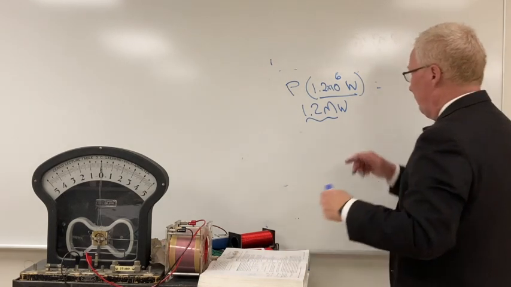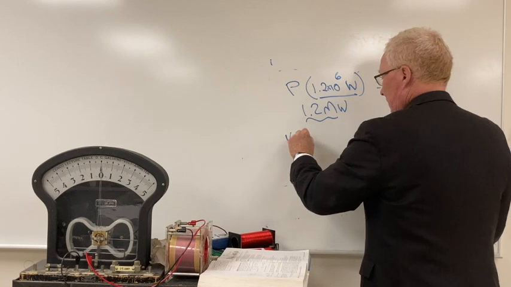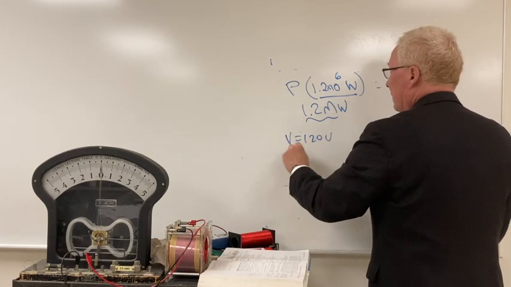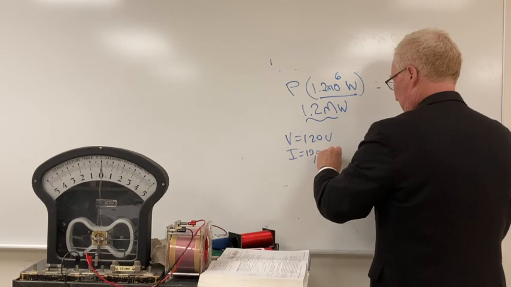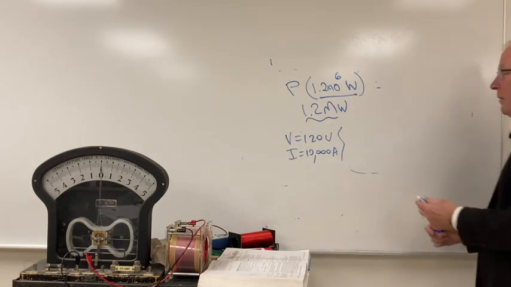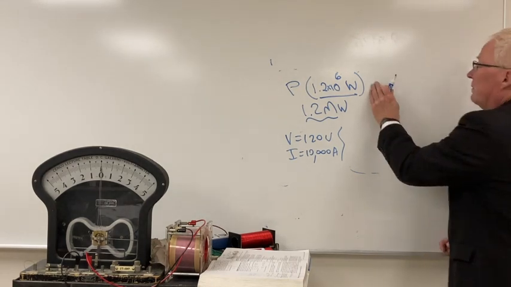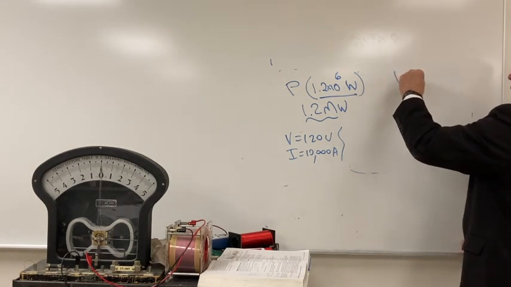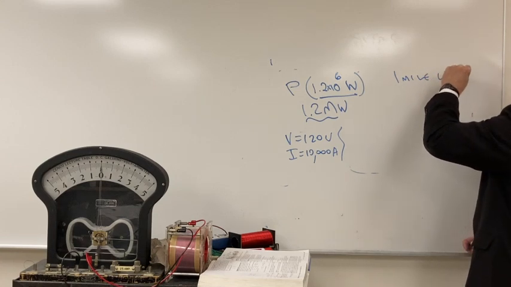Power is 1.2 megawatts, V is 120 volts, I is 10,000 amps. Now in a real power line, if you ever see them, say we have one that's 1 mile long,